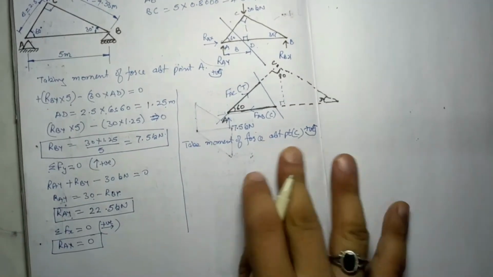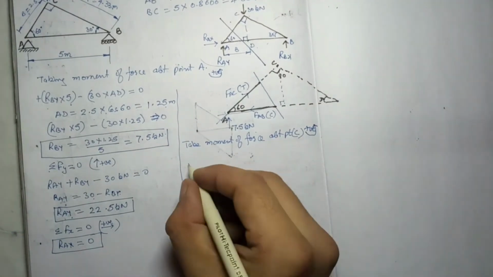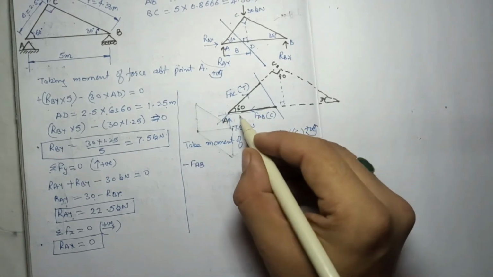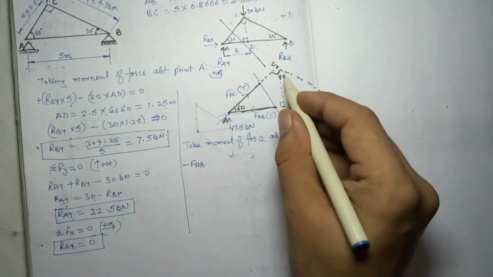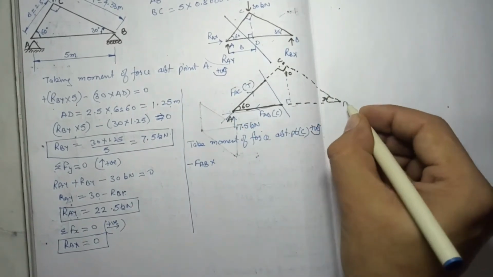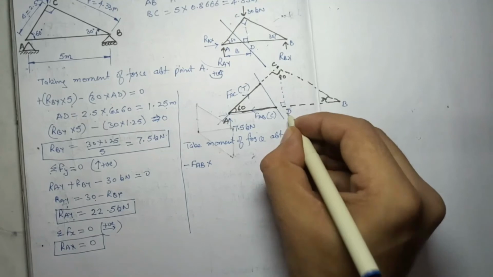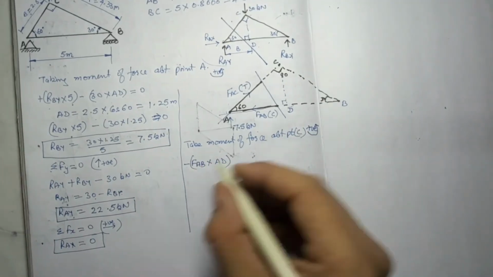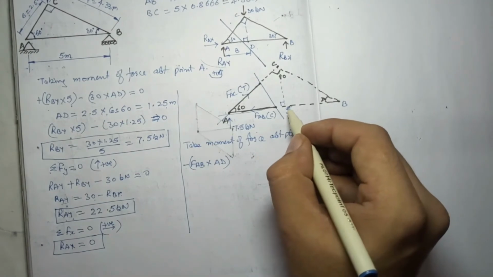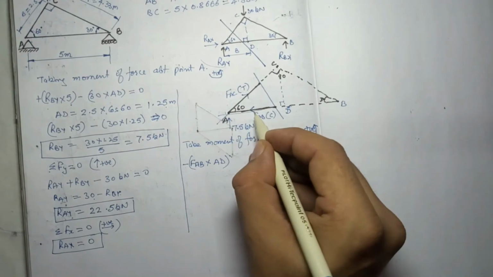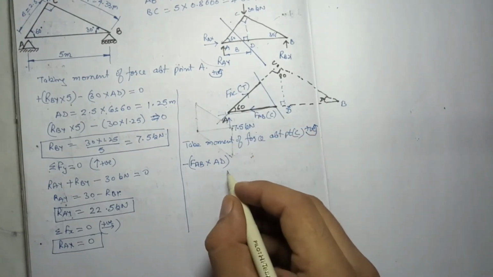Always assume a category of force. Now we can write the equation very easily, FAB. So this is FAB, this force, into this perpendicular distance. I will find out this. Let's say I am giving the names A, B, C. Let's say this point is D. So FAB into AD, minus, why? Because FAB is going clockwise about point C, clockwise direction you can see here, right? So FAB into AD